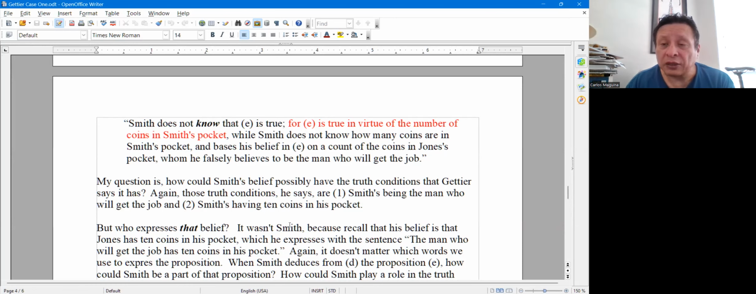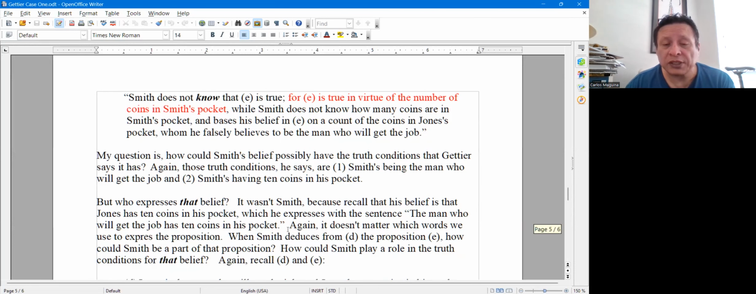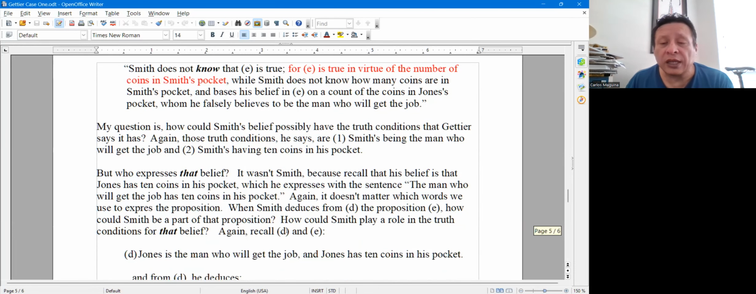But who has that belief? Who expressed that belief with those truth conditions? It wasn't Smith, because recall that his belief is that Jones has 10 coins in his pocket, right? It doesn't matter how we phrase his belief. It doesn't matter which words we use to express his belief. His belief is that Jones has 10 coins in his pocket. Now, Gettier uses the very convenient phrase, the man who will get the job has 10 coins in his pocket, but